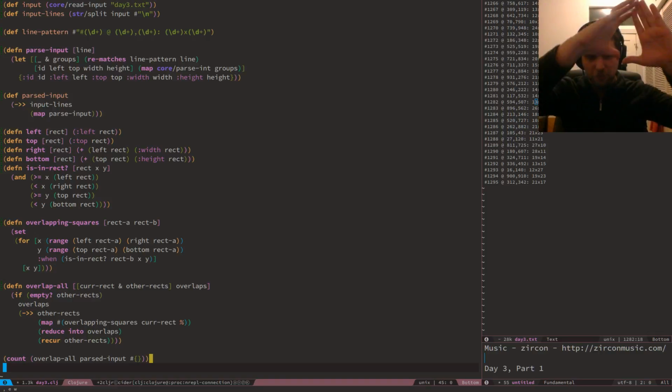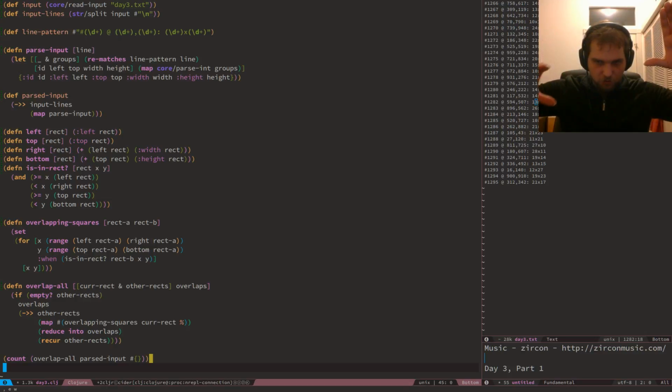I could probably do something where I sort the rectangles so that I know which ones are going to be viable even. I could just jump out early, but